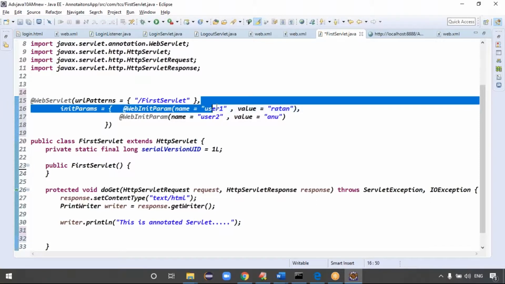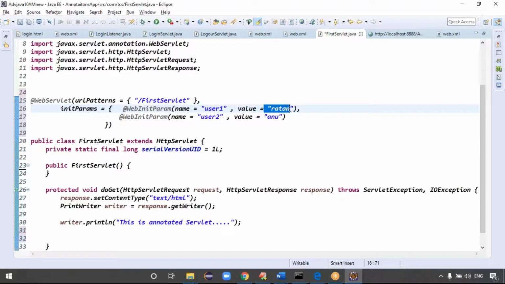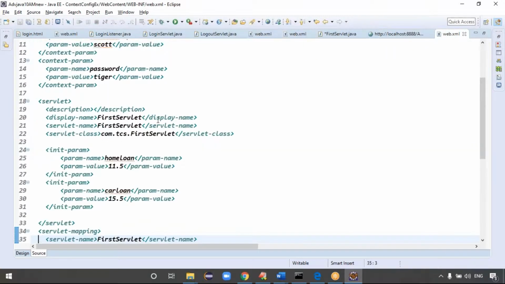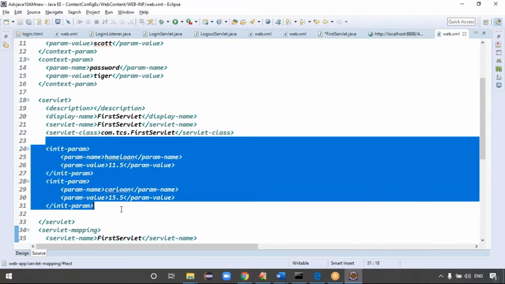I'm asking where this init param data is stored. Previously we did init params like home loan, car loan. Init param is specific to the servlet, and where is this data stored? That's the question.